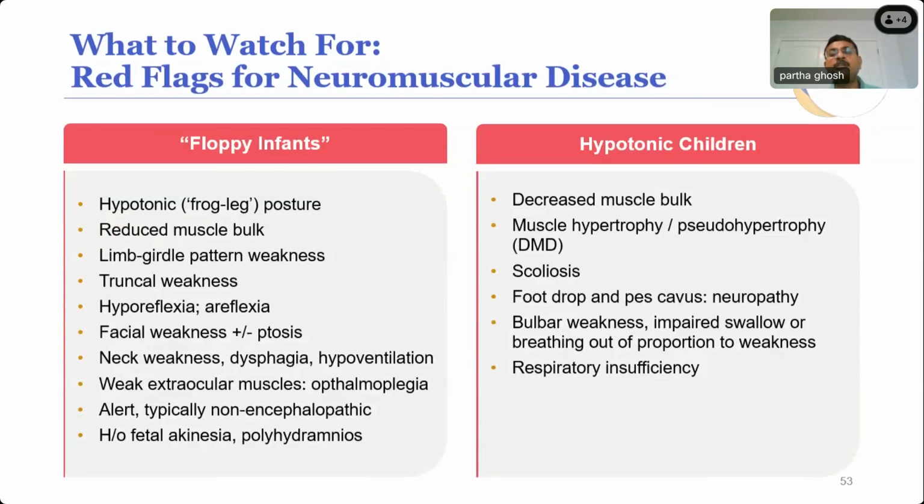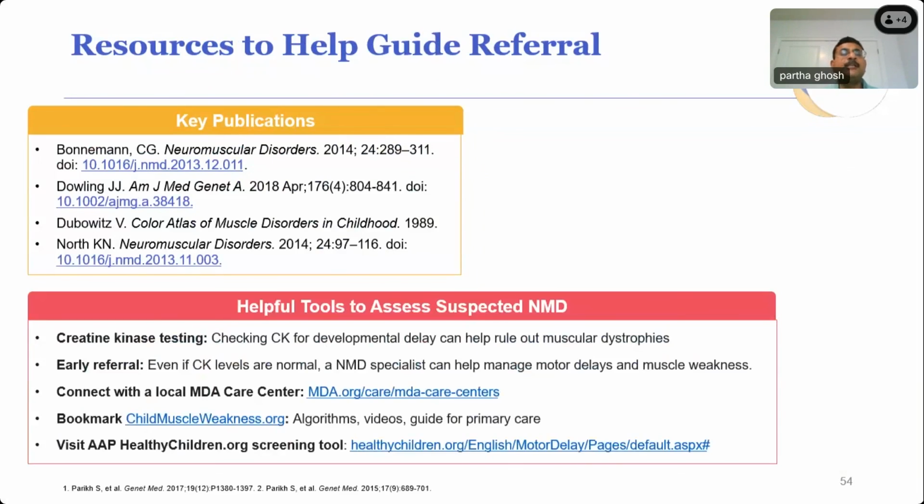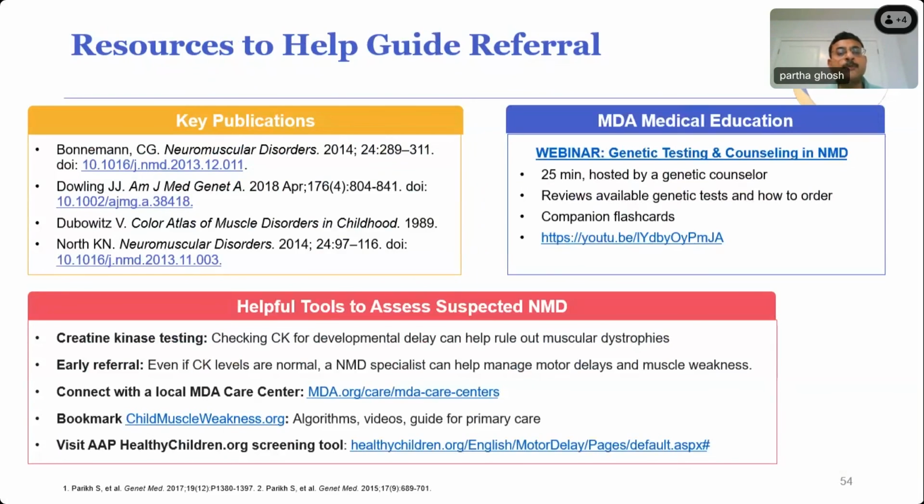Whereas in older children, similarly decreased muscle bulk, not only muscle atrophy, but also a pattern of muscle hypertrophy, looking for other skeletal changes like scoliosis and high arch feet, and then looking for bulbar weakness or respiratory muscle weakness. So these are some of the resources which could help to guide us. And we have a lot of slides from Victor Dubowitz's book, Color Atlas of Muscle Disorders, which shows the